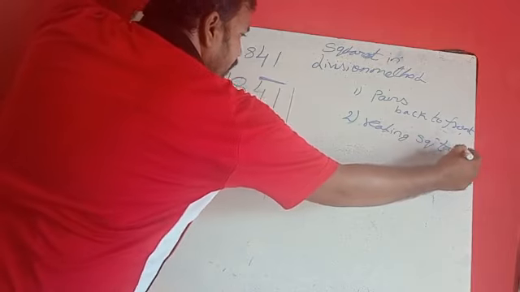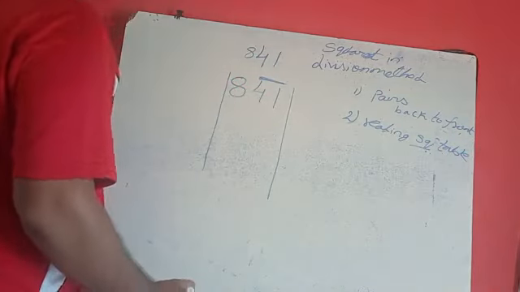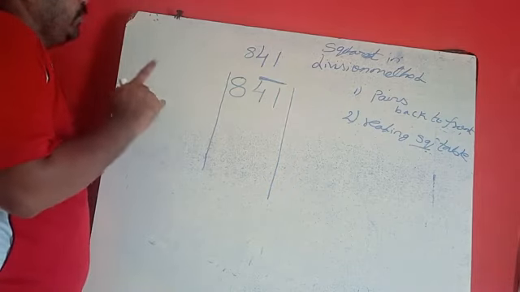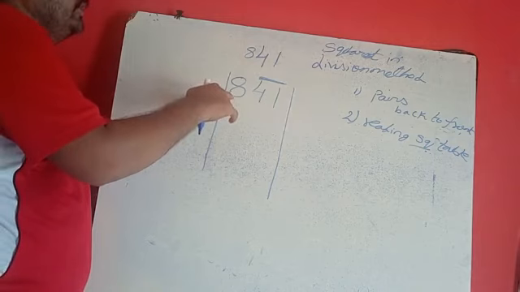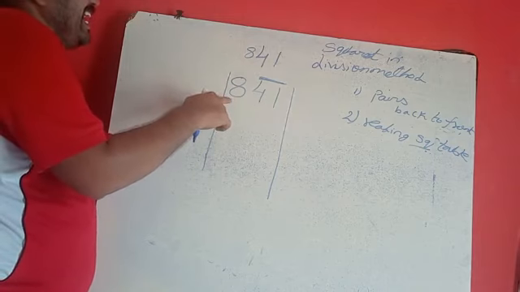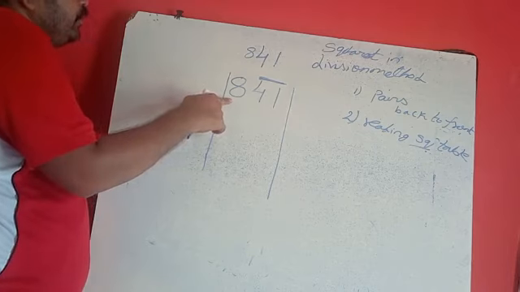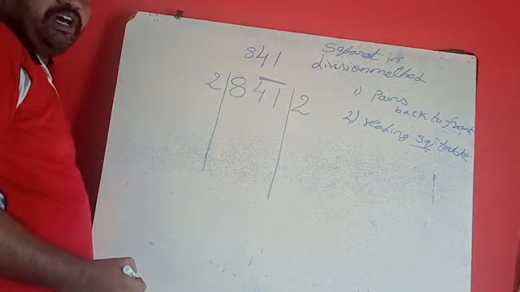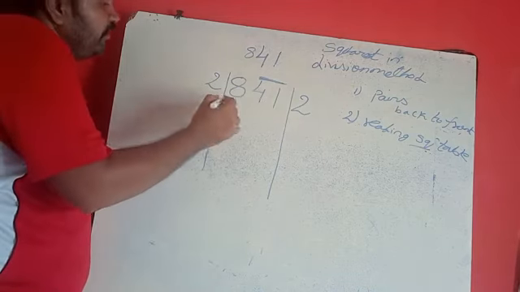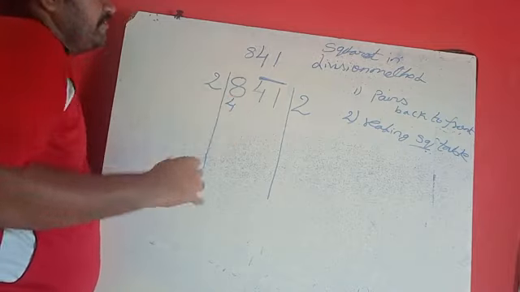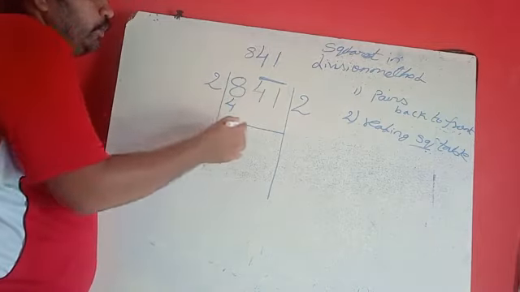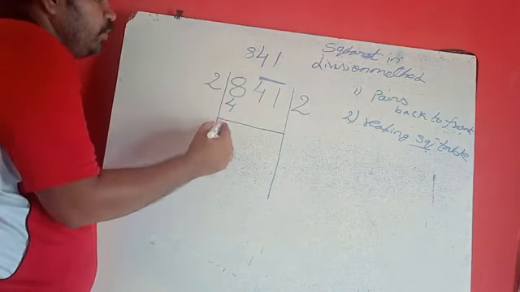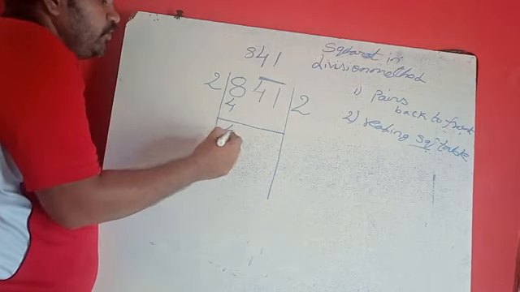Now afterwards, the second step is reading the square table. SQ means square. Reading of the square table: 1 one is 1, and we have to take only up to 8. 2 twos are 4, 3 threes are 9, so we have to take only 2 times. 2 twos are 4. So write 4 here. Don't take 3 threes are 9, so we should not take that. Now subtract these two: 8 minus 4 is 4.